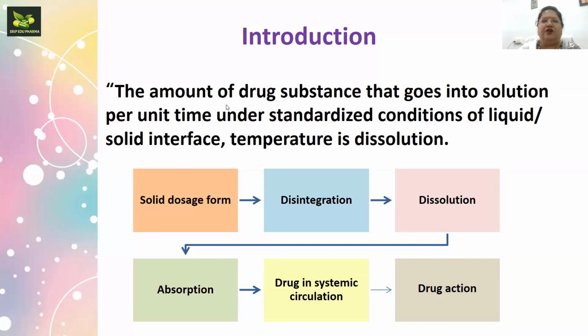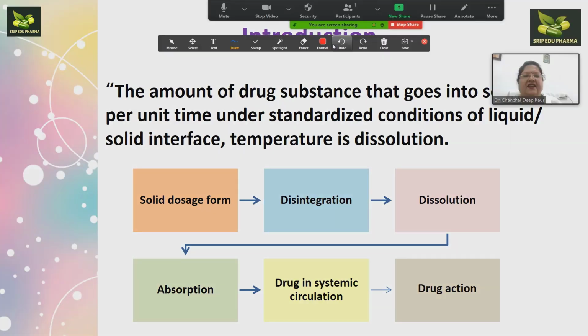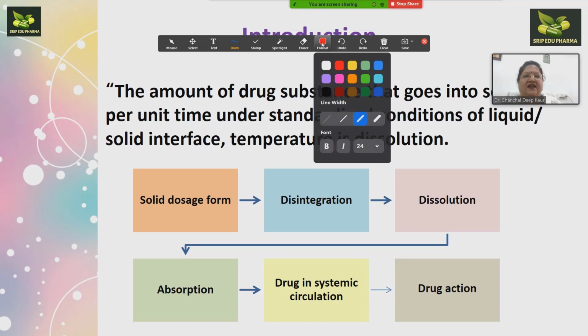So here if you want to discuss or you want to highlight anything, you press annotate and choose a color. For example, you can take red, yellow, whatsoever you want. For example, I want to keep it red, so I will be clicking red, and this is the pen. You can change the thickness of the pen also.